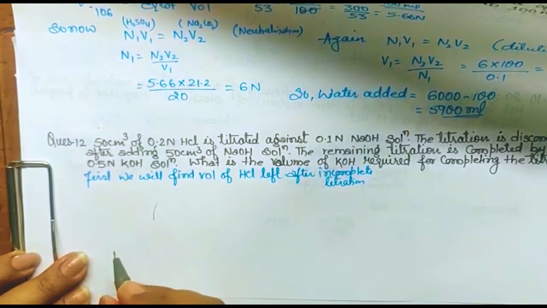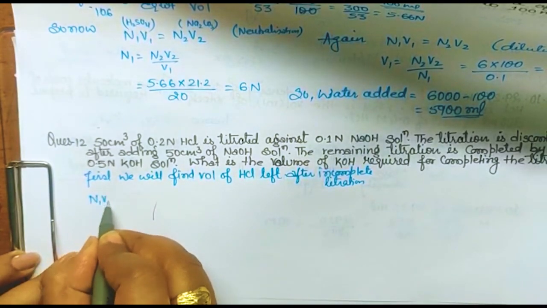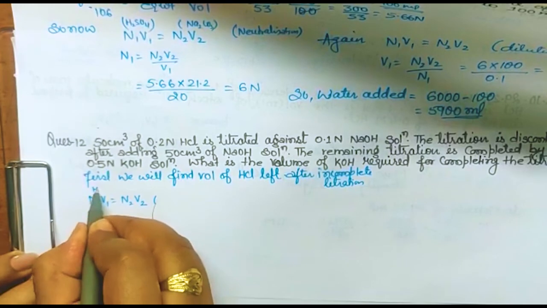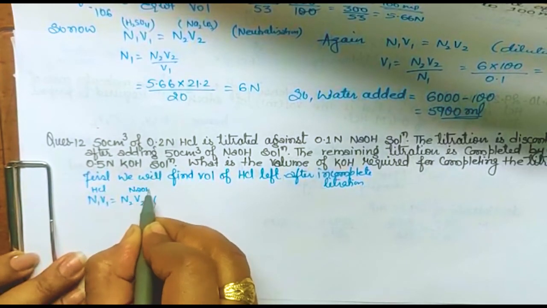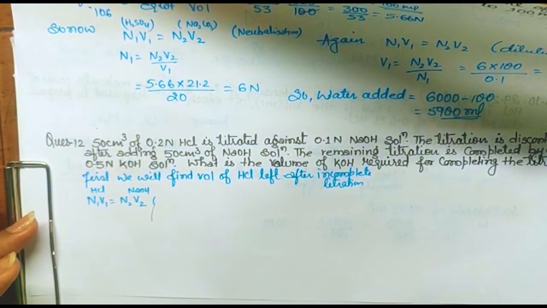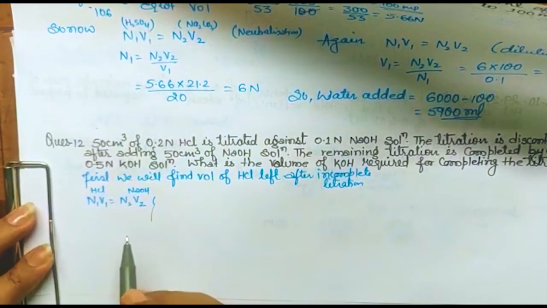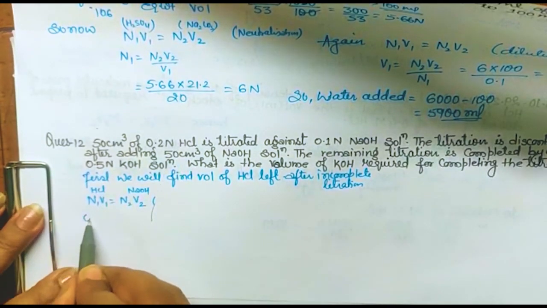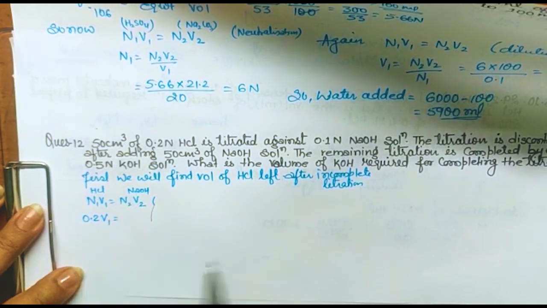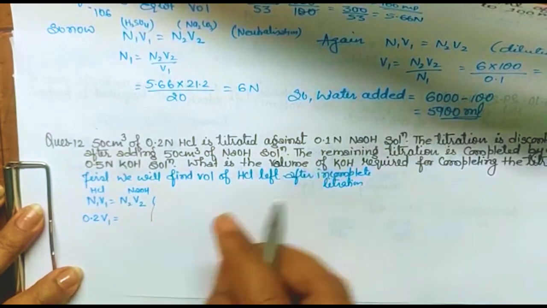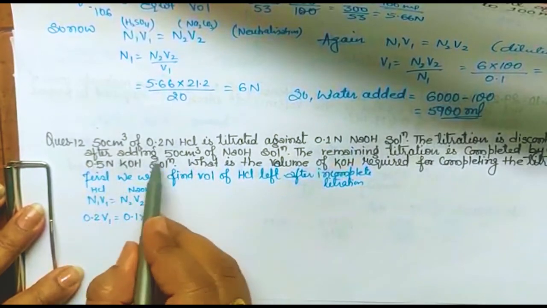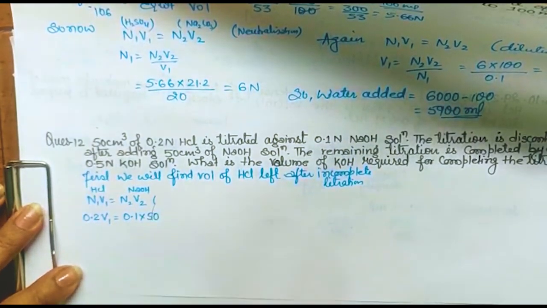Okay, so there is a formula N1V1 is equal to N2V2, क्योंकि न्यूट्रलाइजेशन के लिए यही फॉर्मूला होता है. So अगर मैंने इसको HCl माना and इसको NaOH माना, so HCl part is like leaving behind, थोड़ा सा HCl बच जा रहा. Yes, so we'll find this HCl की strength कितनी दे रखी है, 0.2, and we will find कि वॉल्यूम इसका कितना यूज अप हुआ था इसको न्यूट्रलाइज करने के लिए. So this is N1, NaOH के लिए N is 0.1 and its volume is 50 cm³. Isn't it clear? Are you getting this?